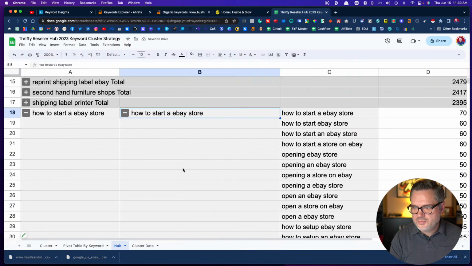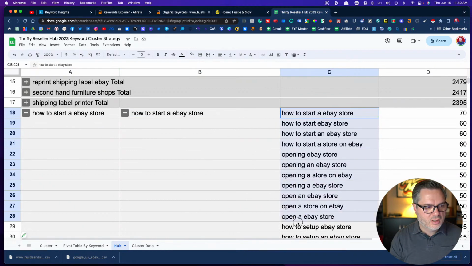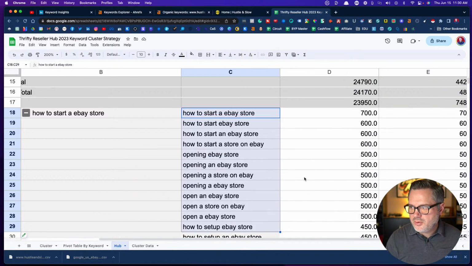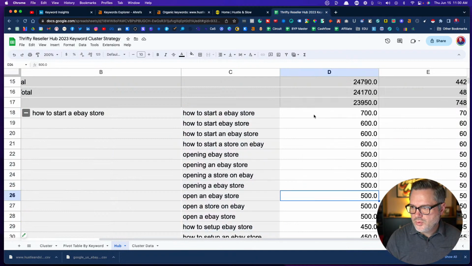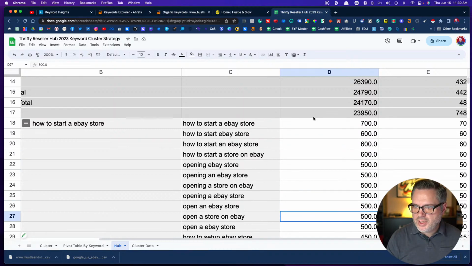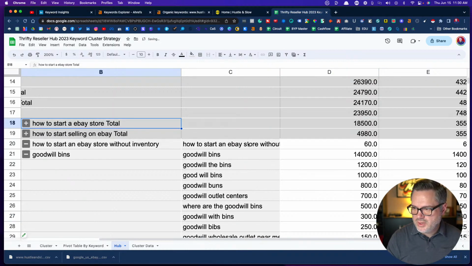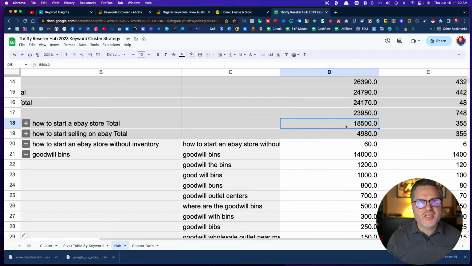Over here are all the keywords that I should try. I don't have to force it in there. But in my article on how to start an eBay store, I should be looking to include these variations. And by the way, if you look over here at the volume, what this is saying is all of these keywords have these searches, but if you create one article, if I narrow this down, this will make sense. You'll see that this one article on how to start an eBay store can have potential of up to